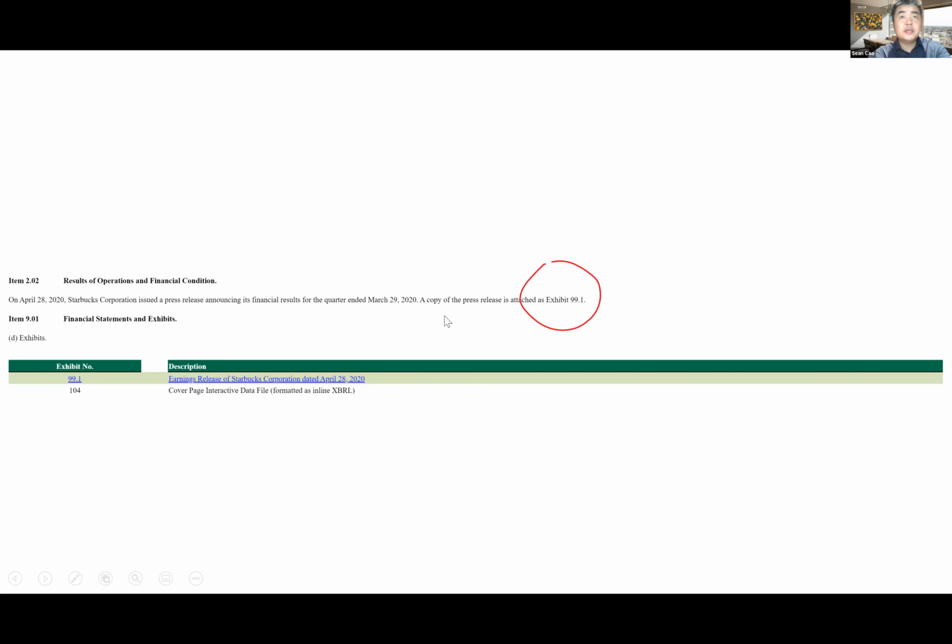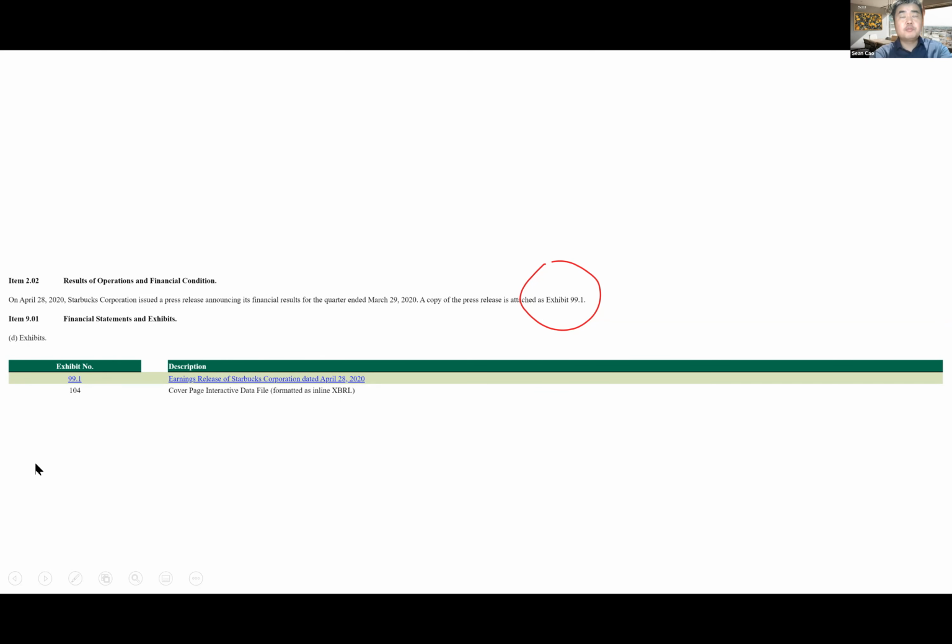So let's see another example. The same here, right? If you want to analyze the information of 2.02, you have to go into exhibit 99.01. When you do the textual analysis, you go to the 2.02 first to get the information, and then you identify, oh, this is about exhibit 99.02, and then you go to 99.02 to get the earnings release of Starbucks. When you do that, do it step by step: get the exhibit number first, and then go to the exhibit.